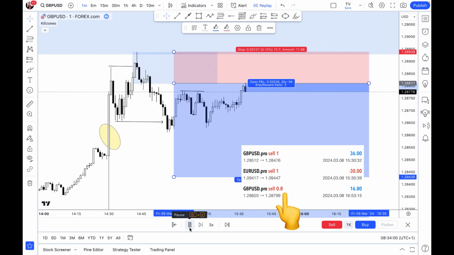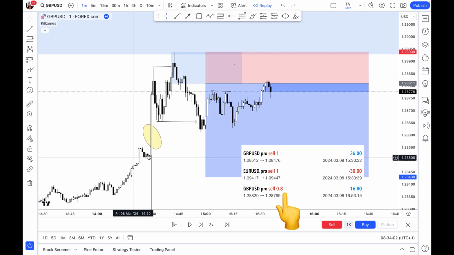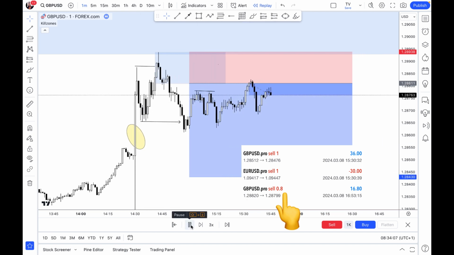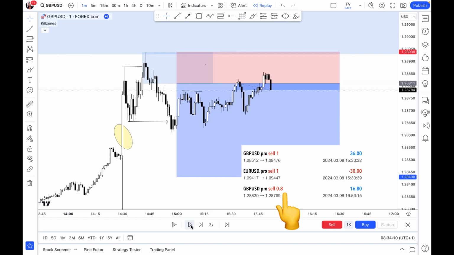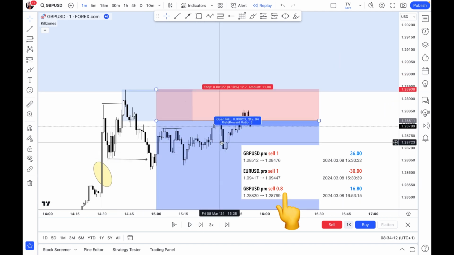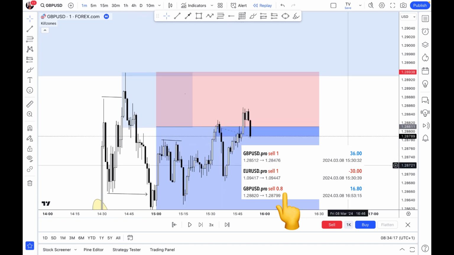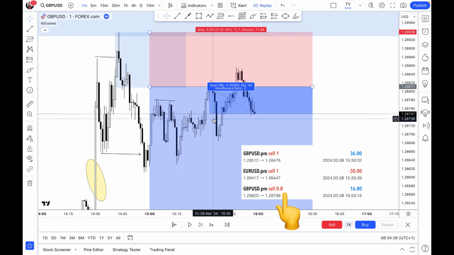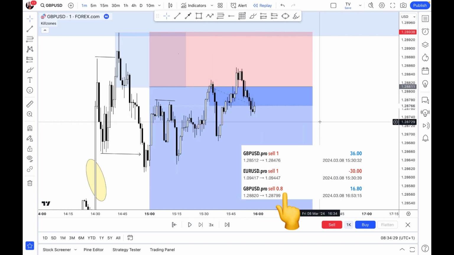Markets will come to my zone. And as you can see, I was tapped in. I was in profit, and I left my chart. I came back. I think I was in profit again. Then at this point when market came back up, I was like, you know what? I think I've had enough for this week already, and I am so done with trading. It's just better to come next week and approach the market with a fresh new mind, enjoy my weekend, and just be done with trading.